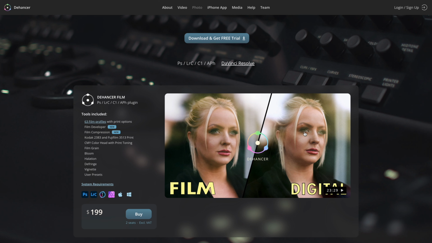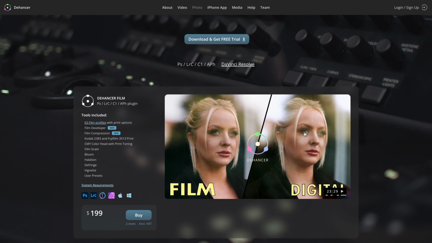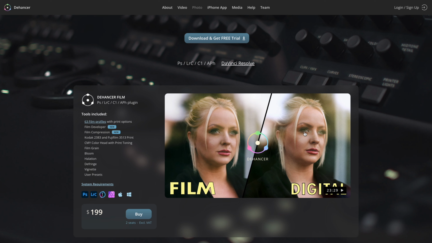Welcome back everyone, thanks for joining in today, and we're going to look at this software that I've got right here now, which is Dehancer. And it's the Dehancer film plugin that I'm interested in, that I've had a look at. I was allowed access to this software. It's on a trial at the moment, but I was given this to have a review